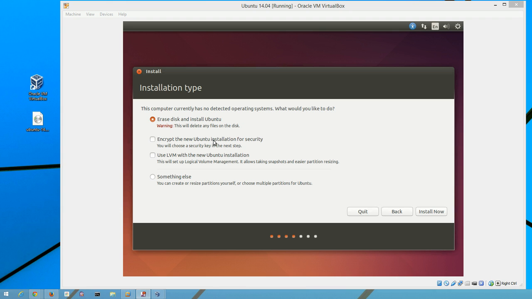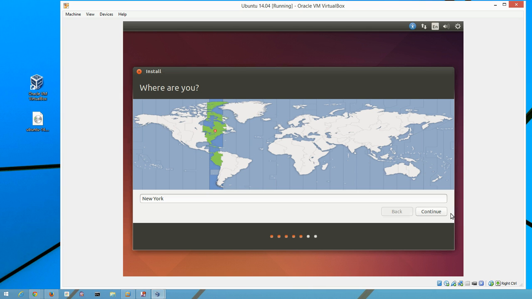If I was doing private banking things, or I had a mobile computer and I wanted to encrypt my installation, I could click this, or I could partition it myself. I'm going to go ahead and let the defaults happen because we just want to get up and running, and we can do a lot of the more in-depth configuration after we get it installed. It's going to auto-detect where I am,